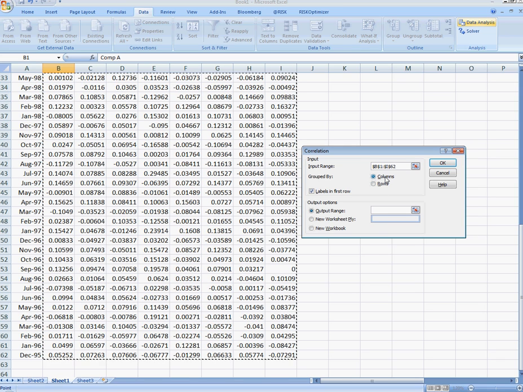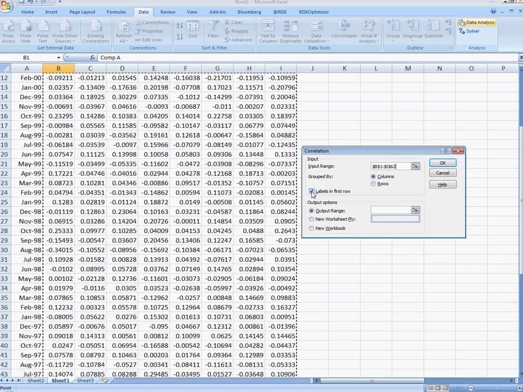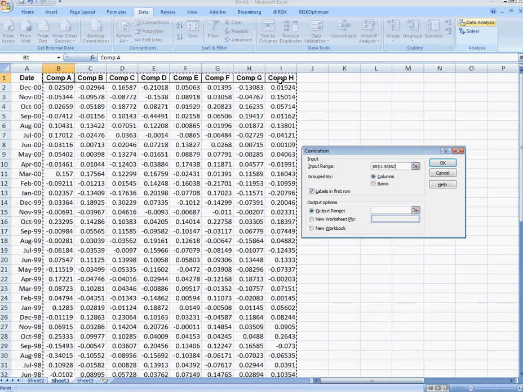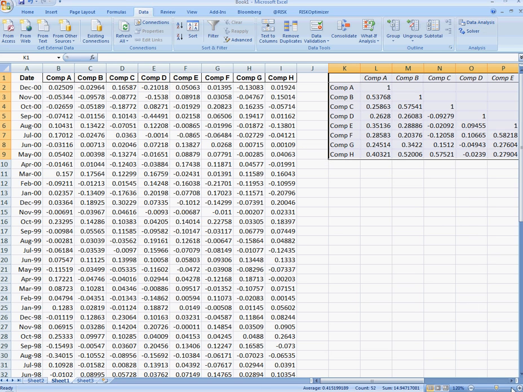These returns by company are grouped by column, and I want to check here to let Excel know that I have labels in the first row, right? The company names up top. Lastly, output range, I just need to tell Excel where to place the matrix, so I'll go ahead and select cell K1. I'll hit OK,